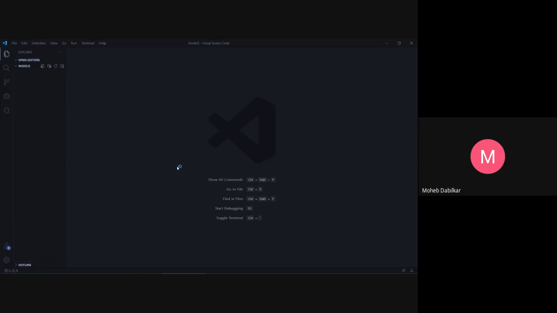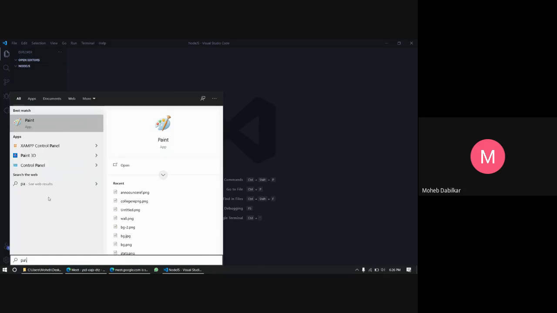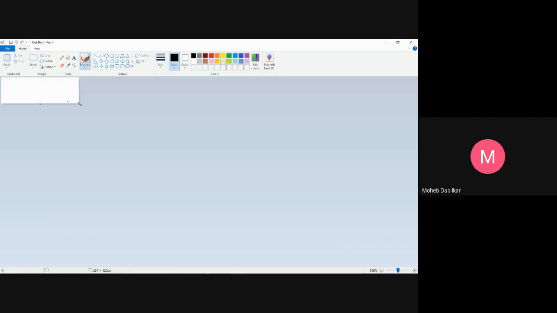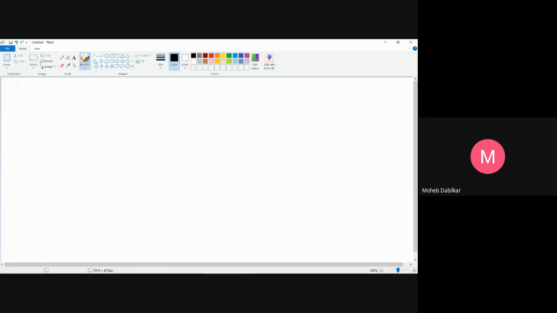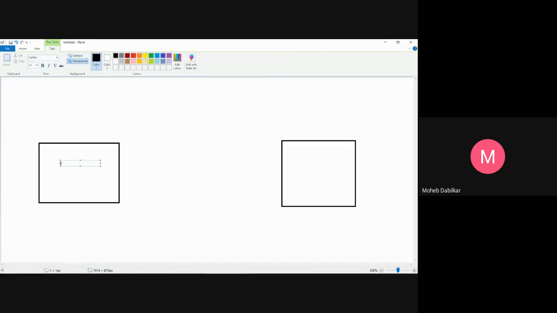Let me open up Paint. So in your node, you have your client and then you have your server.